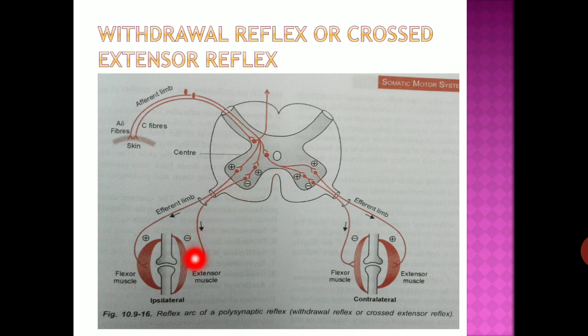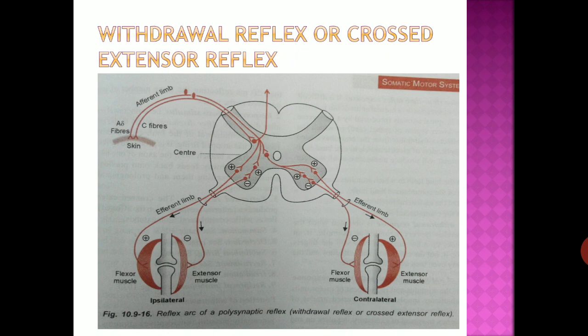And that's why there is a flexion. Flexion of the limb occurs, flexion of the joint occurs. So it is withdrawal of the limb from the painful stimulus. So it is a one limb response. It is also known as a flexor response. Now the cross extensor reflex response, or two limb response.